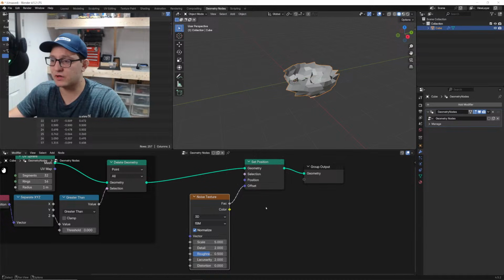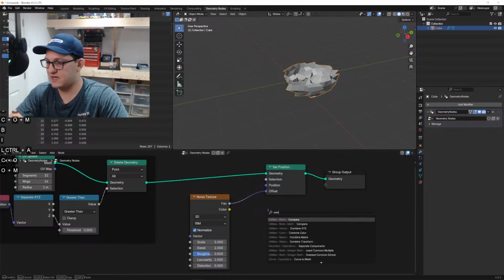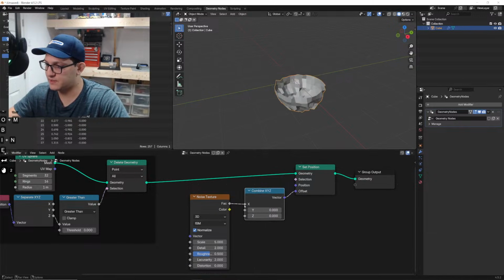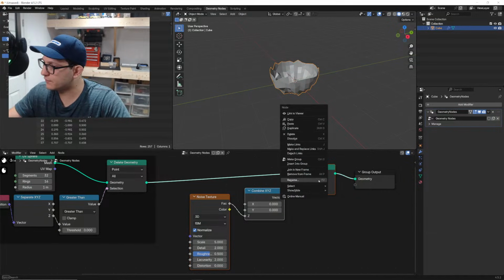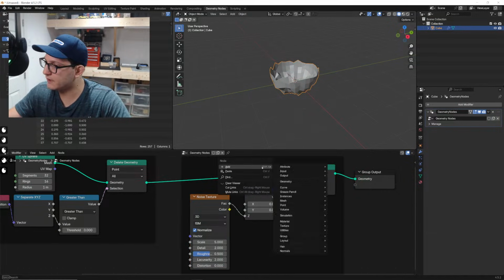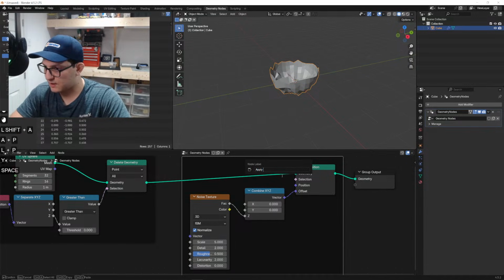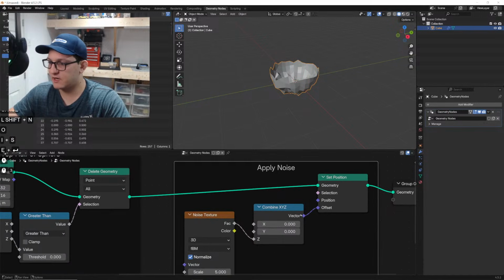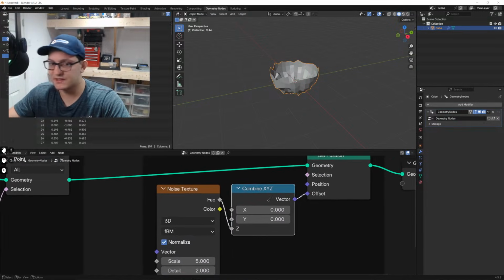But in this case, I don't want to just offset the whole thing. I only want to offset the z-axis. So I'll combine the XYZ and plug it only into the Z. I'll also join these into a new frame and rename it to apply noise. Okay, so right here, what we're doing is taking a noise texture, and we're only affecting the Z component